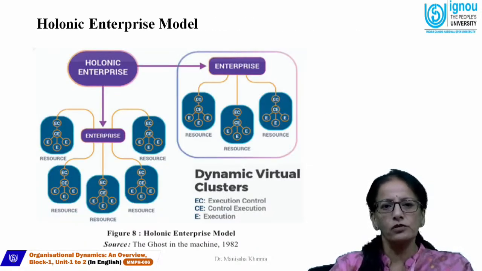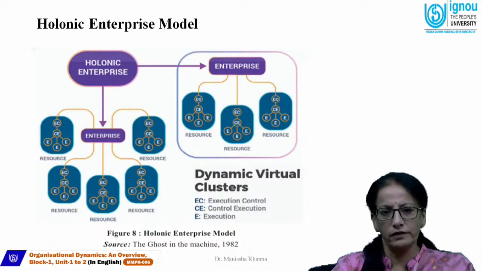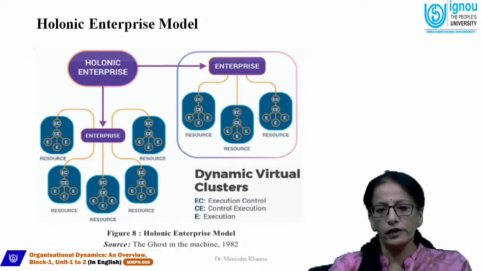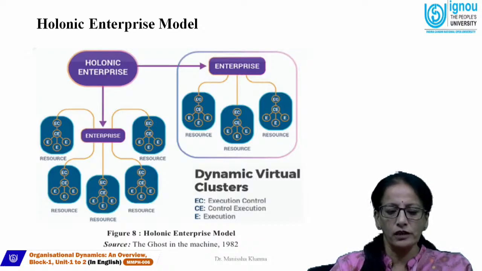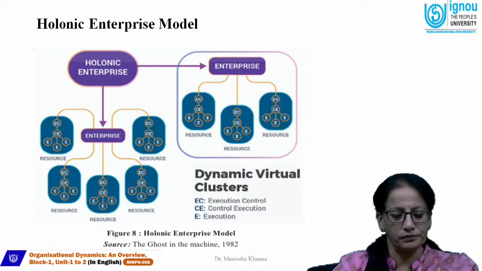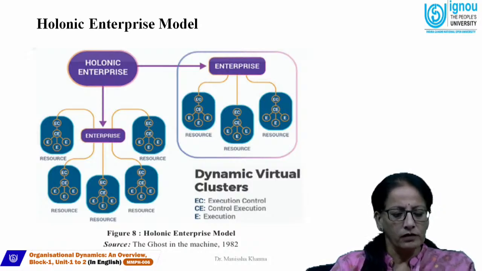Then the next model is the Holonomic enterprise model. The Holonomic enterprise model refers directly to the enterprises, which we can see in this particular picture. In this figure, EC refers to the execution control, CE refers to the control execution, and E refers to the execution. So when we see these arrows where the EC, CE and E are given, this particular model refers not